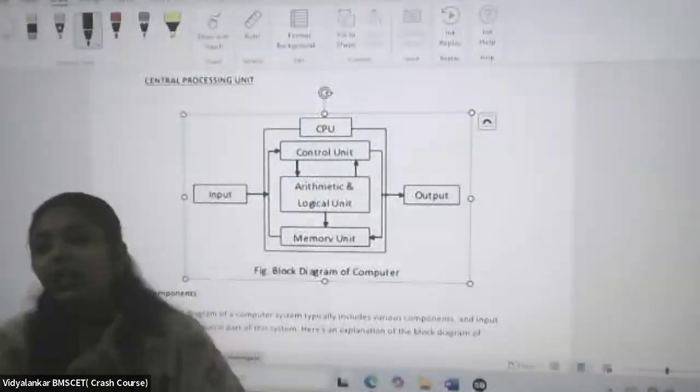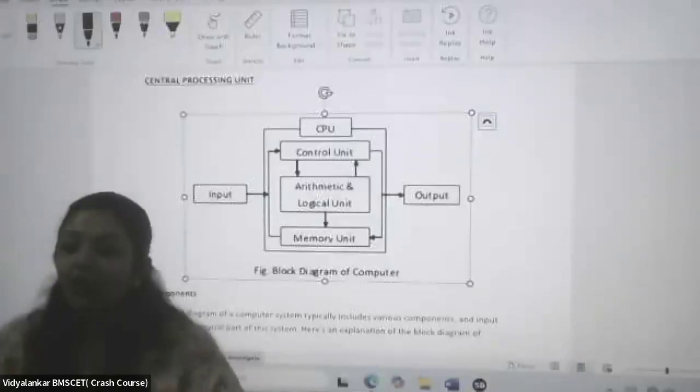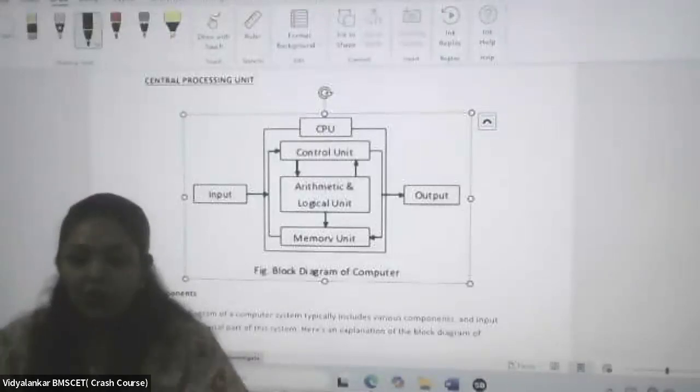So these lights are indicating that there is a power supply going to all the components of your computer system. अगर एक भी कंपोनेंट में आपको लाइट नहीं दिखा तो आप खुद ही समझ जाते कि इसमें पावर सप्लाई नहीं जा रहा है।